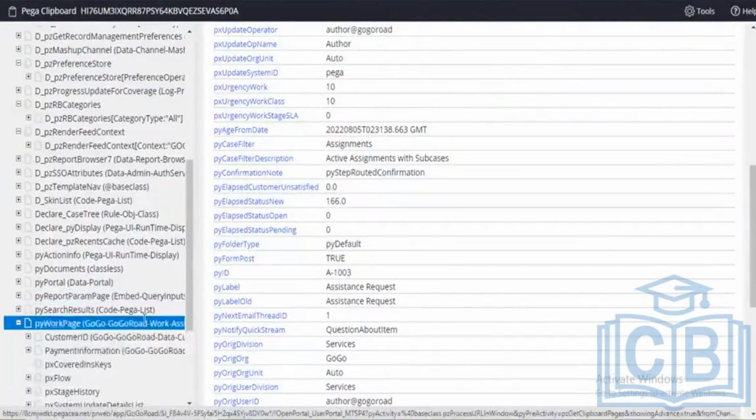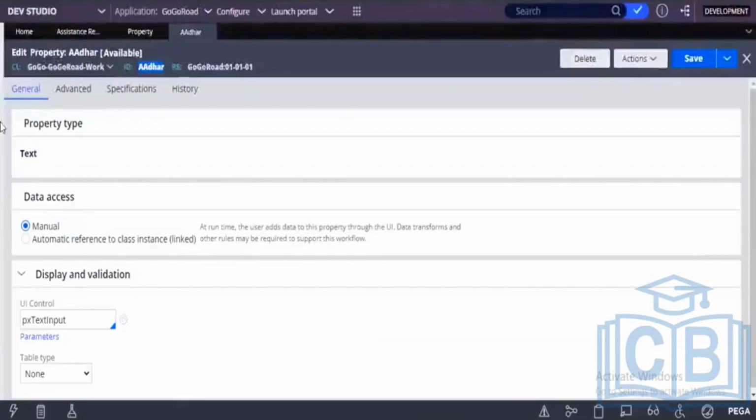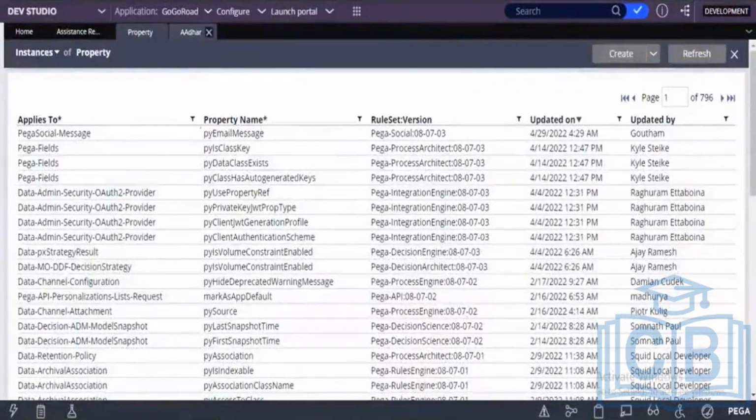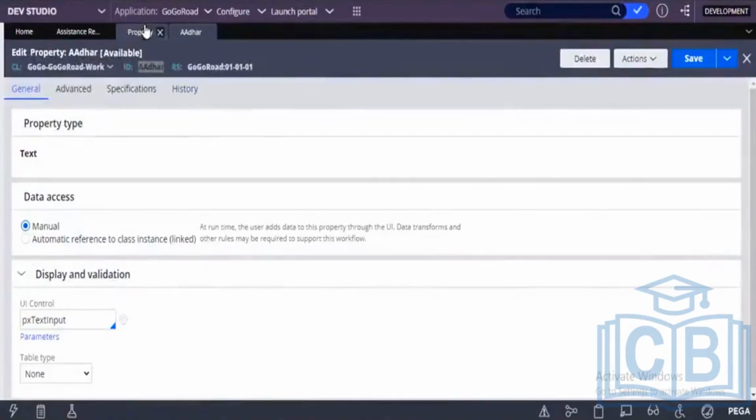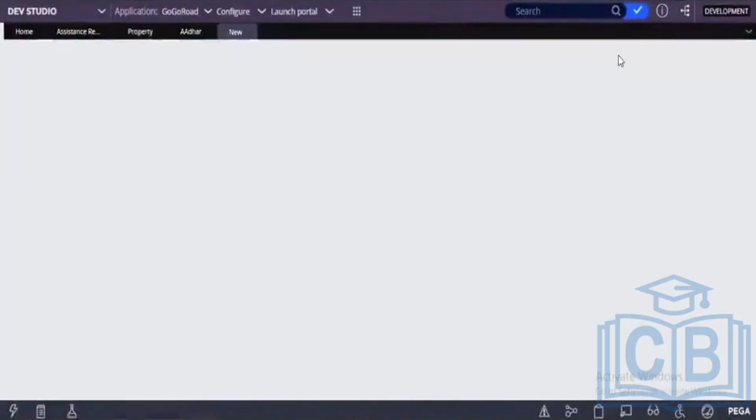We will go step by step. No worry. You have understood how to create a property, right? How to open this property instance: you can click on create. It will open a property rule form, like the create rule form. If I again click on create,